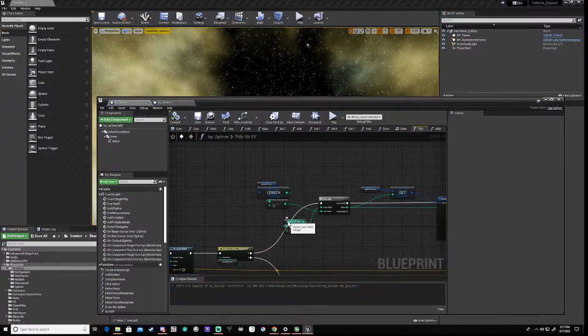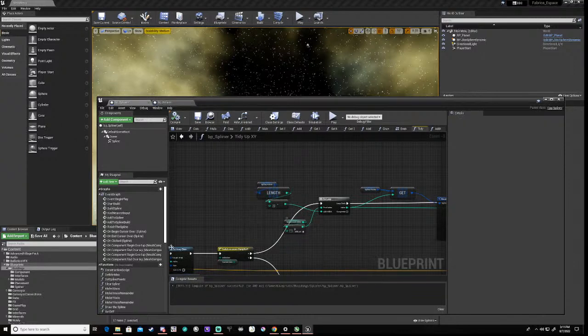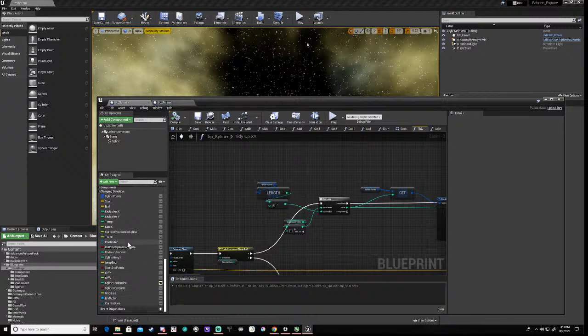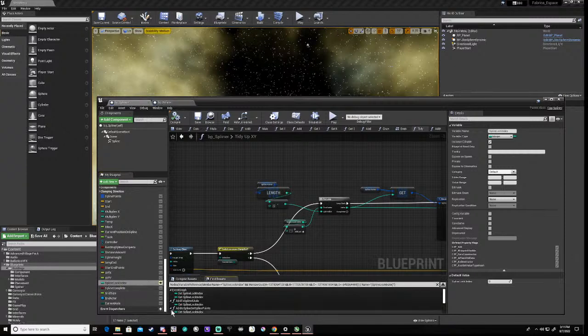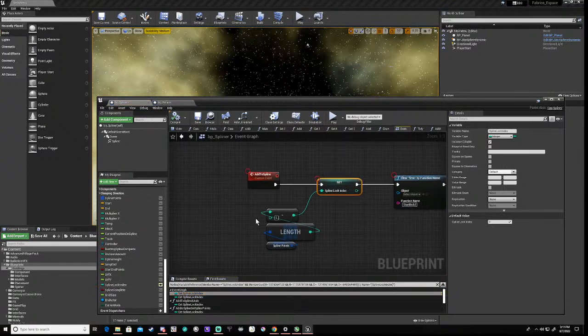What I want to know is, right, spline lock index, right? This is the one that we're interested in. Spline lock index. Now, what I want to know is when it's set, right? It's set to the length -1, which means,